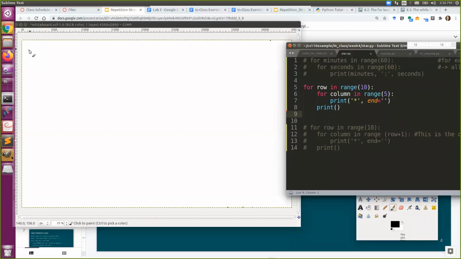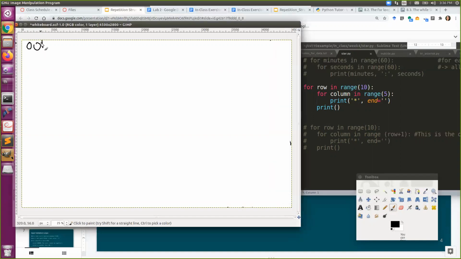Okay, so as always, we do the outer, oops, that's a bit messy. And then our first variable is called row. Then we have inner. Our first variable is called column. And then we have our print. Okay. So we start off in our outer loop, and the value of row is going to be 0